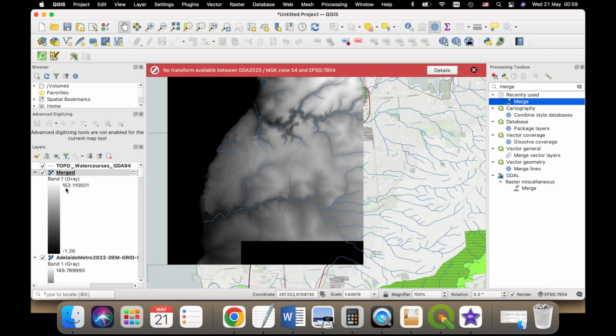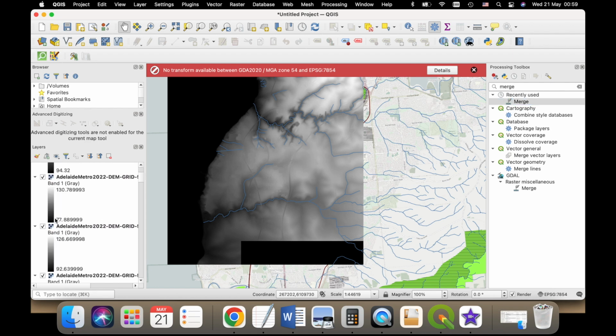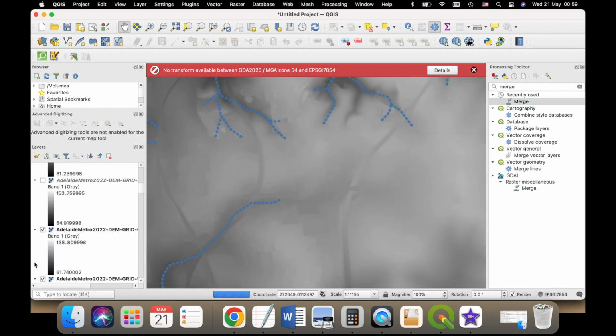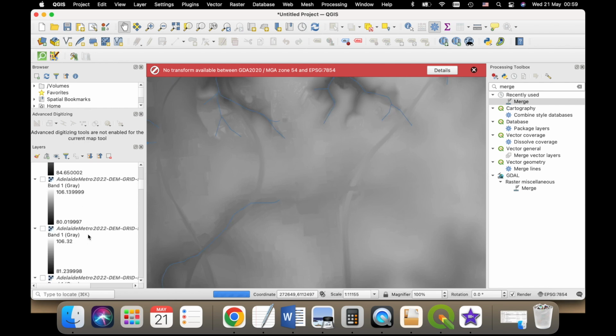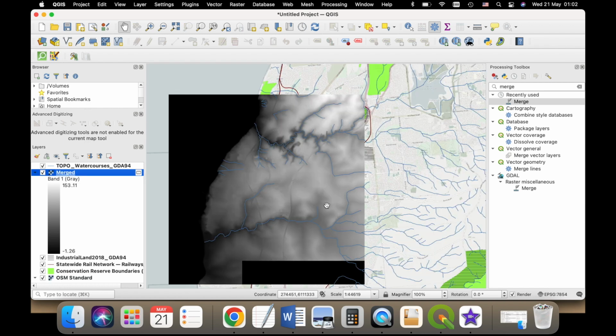We'll close that. So now we see a merged layer of the raster of the DEM. Now we can just make the rest of them invisible or just delete all the individual layers. So now with all the layers combined into one, it's just much easier to manipulate and change the graphic as a unity. But now the merged layer looks really musky and blurry, so it's not going to be really appealing